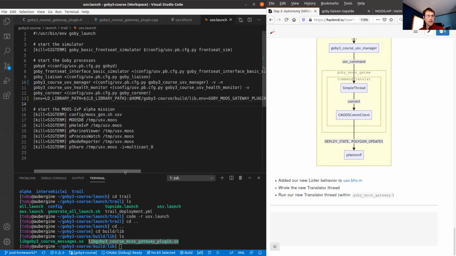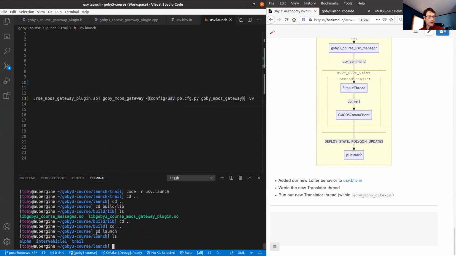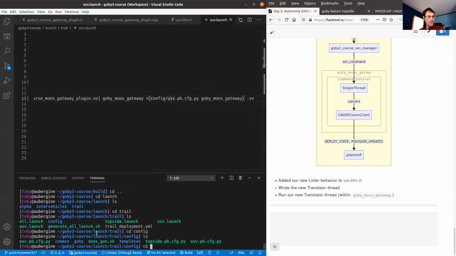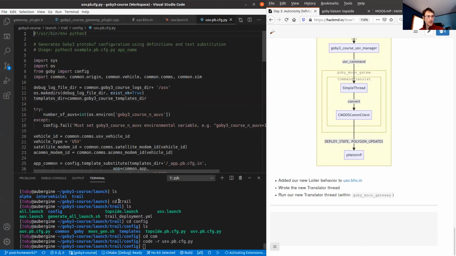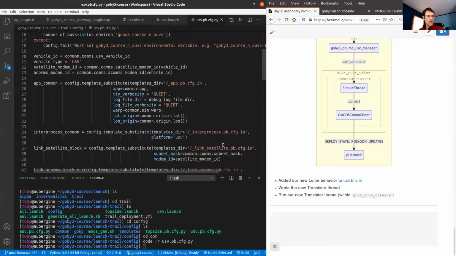We need to generate this config, so we need to edit usv.pv.cfg.py to generate this. That's in Goby3 course launch trail config, right here. So if you've been working on the homework, you've gotten familiar with this preprocessor that's written in Python.